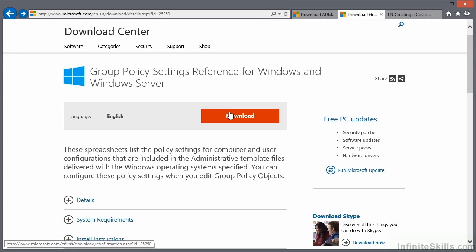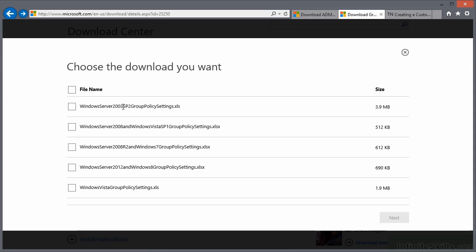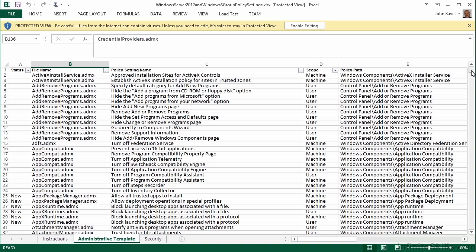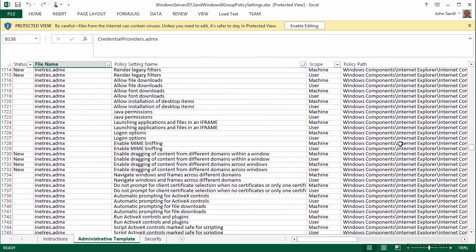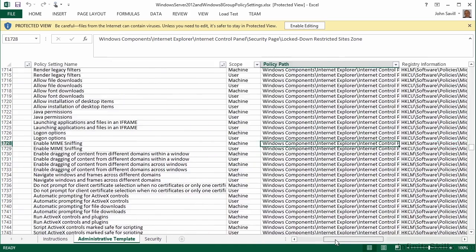Now, there are a huge number of settings available. Luckily, Microsoft provides a group policy settings reference document that you can download, and there are versions available, for example, for 2003, 2008, 2008 R2, and even Vista. And once you download these, it's actually a huge spreadsheet that shows every single ADMX file that's part of the operating system, what all the possible values that you can configure are, where it actually writes that in the registry,